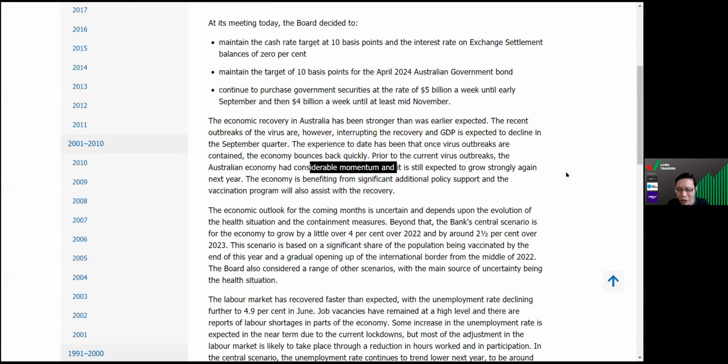So this line, if you guys actually recall from last week's US FOMC statement, this line was actually indicated in the statement as well, or similar, in a different form. The point is that central banks are starting to have this growing confidence that the COVID situation, in terms of the spikes caused by the Delta variant or Delta plus variant and so forth,